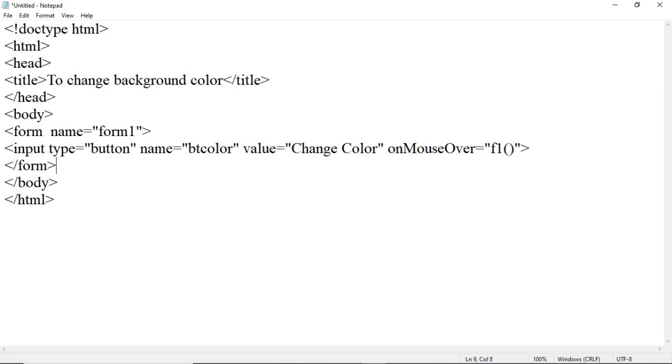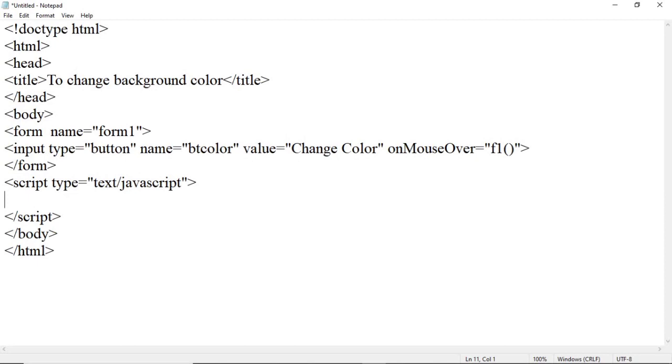Then we have to write a script. So to write a script, use a script tag. Script type is equal to text/javascript. Within the script tag start and end, now we will write this function f1.